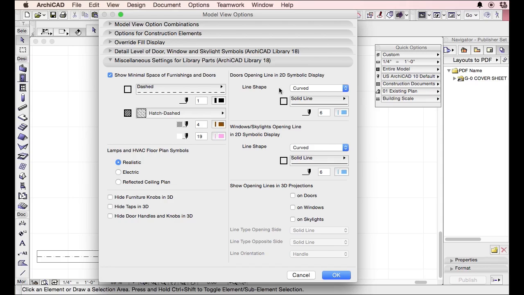And then for doors, you can have the opening line show up. So this means, this is the actual swing of the door. And these are the swings, so you can have them straight or curved. Typically, people use curved. But within this, you can show the opening lines in 3D projections, but also you can show this information in